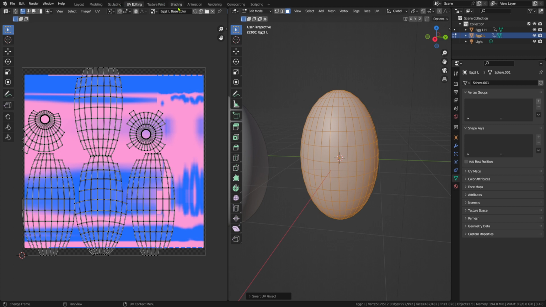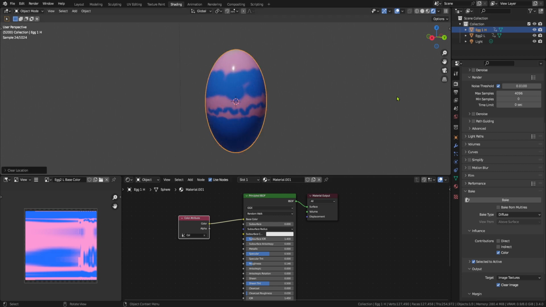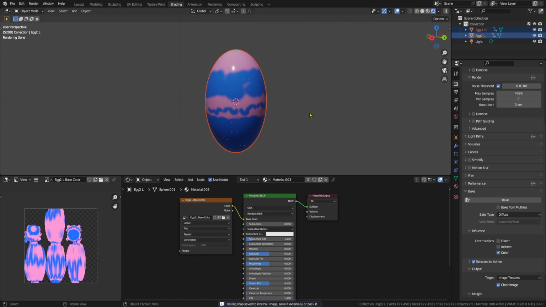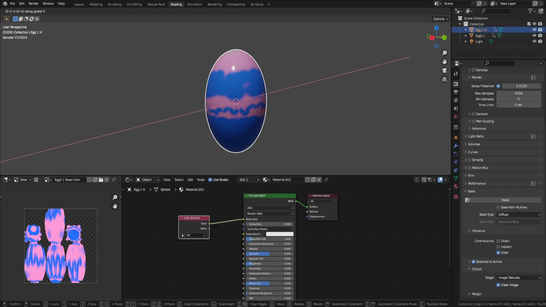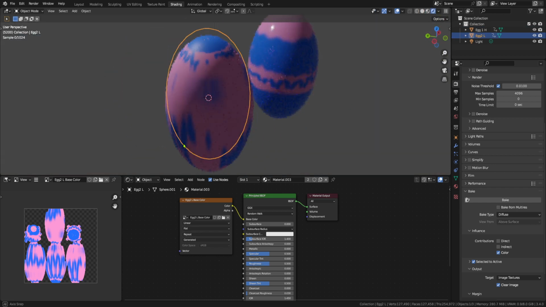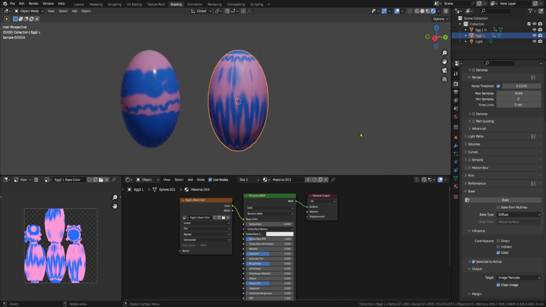Okay, we're gonna jump back into shading, and now we're gonna bring our egg back. I think the position of those eggs are also very important. So we're gonna click on the high resolution egg first, then secondly on the low resolution egg, and we're gonna say baking again. And I think this time I'm just gonna pause until it's finished. Okay, so I'm curious, it kind of looks maybe better, I don't know, we'll see if this worked out well. It already looks horrible, but I do not know how to do that, to be honest. I did this once somehow, but